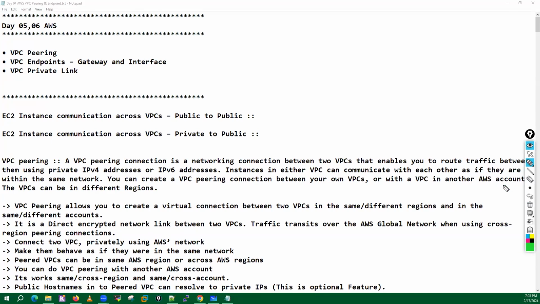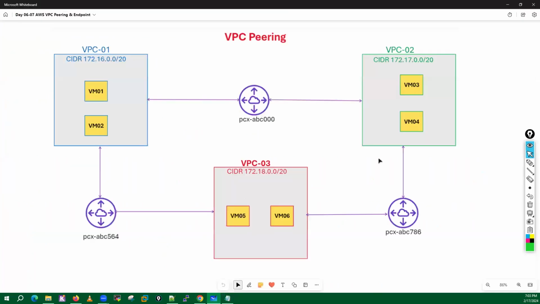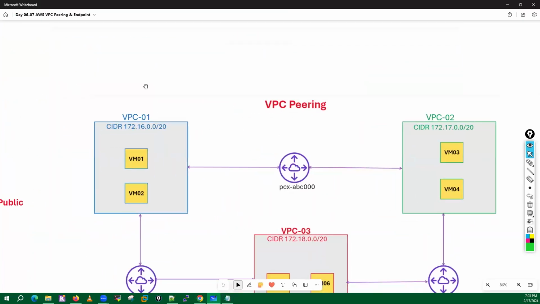Okay, so guys, before starting this VPC peering, let me tell you how EC2 instances communicate across VPCs. Let's suppose you have two VPCs, means you have two data centers. One data center you have in the North Virginia region and another in the Mumbai region in India. Now you want to allow communication between the resources hosted across two VPCs. What do you have to do? They can communicate using public to public, means they can only use the public IP address for communication. Let me show you this part first.